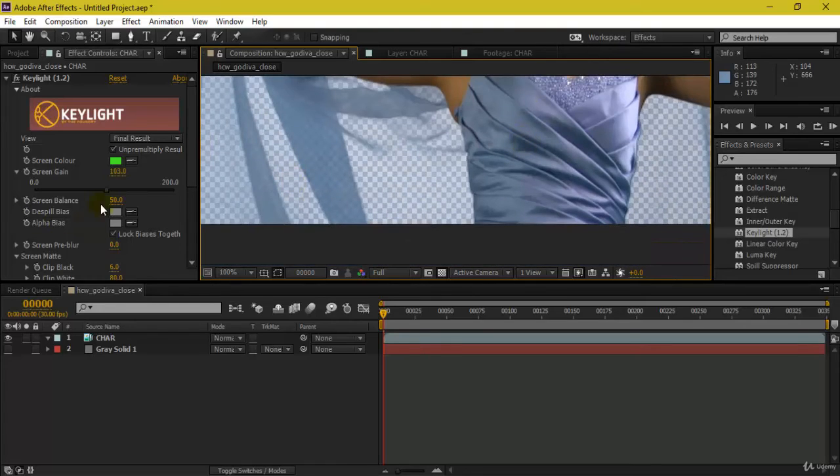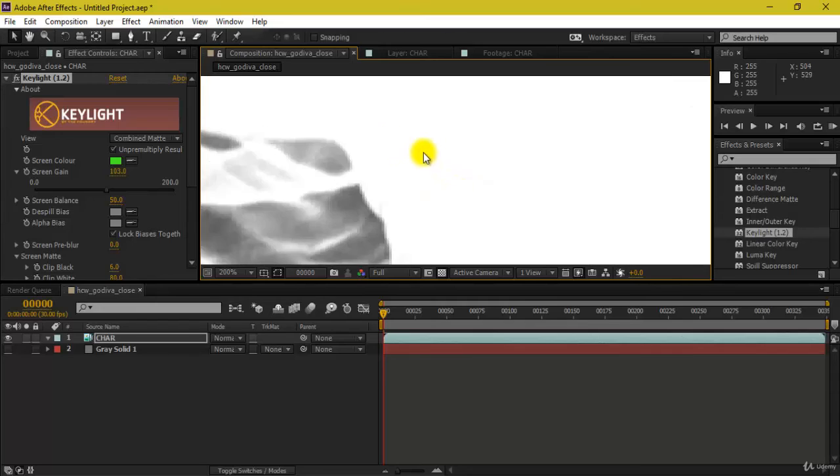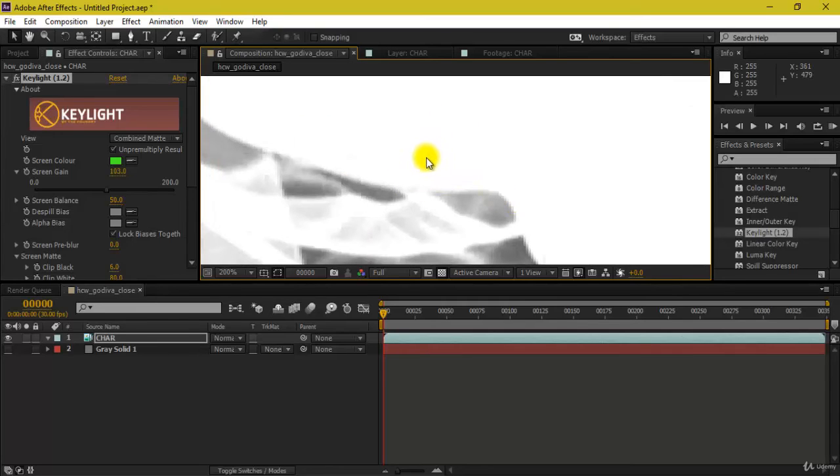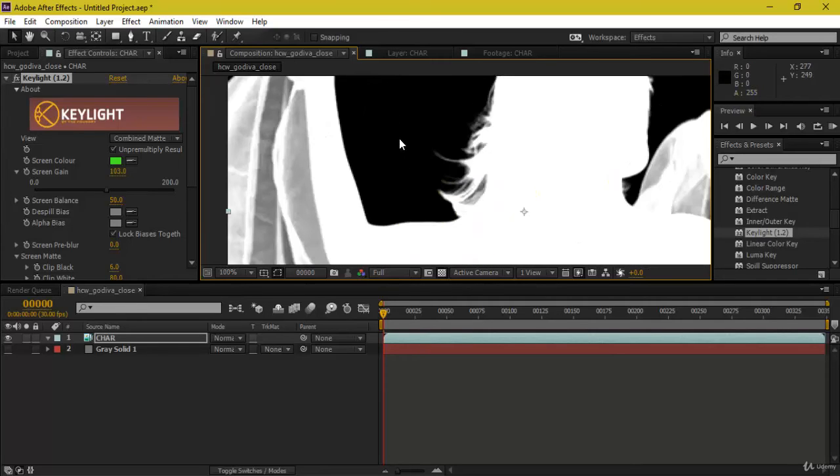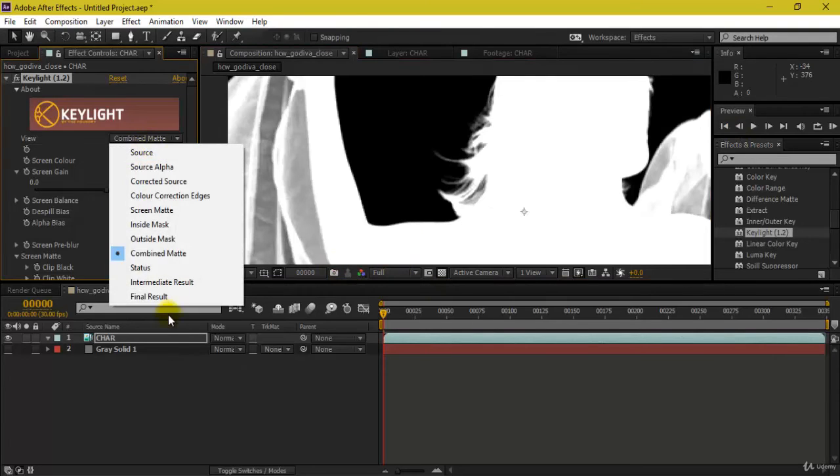Right now, if I come here and again see my combined mat, yeah, these areas over here which were not opaque are fully opaque. As you can see, it says 255. The value is 255 for this, and for this right now over here, if I go back to my final result,